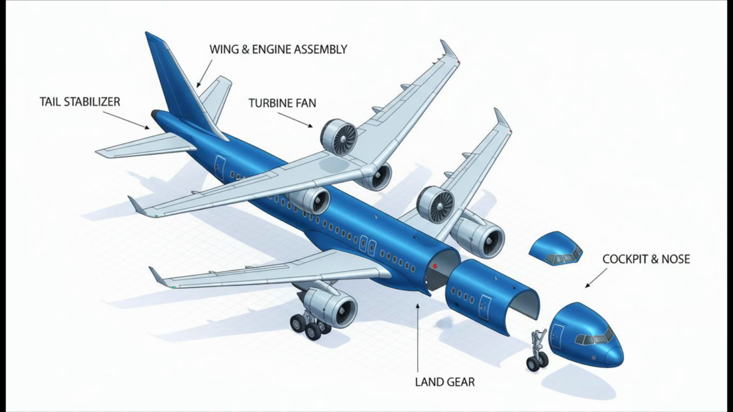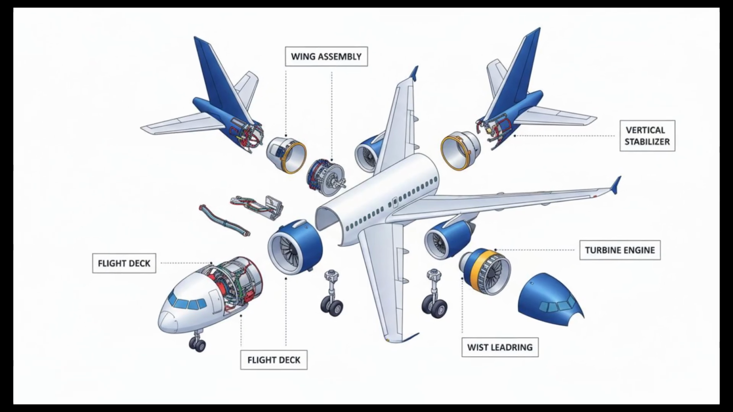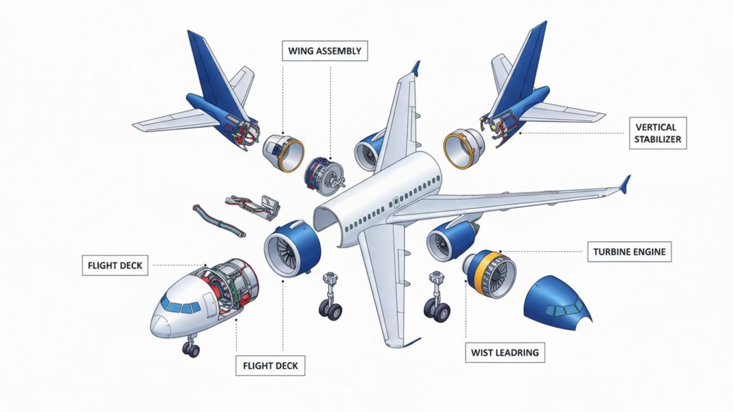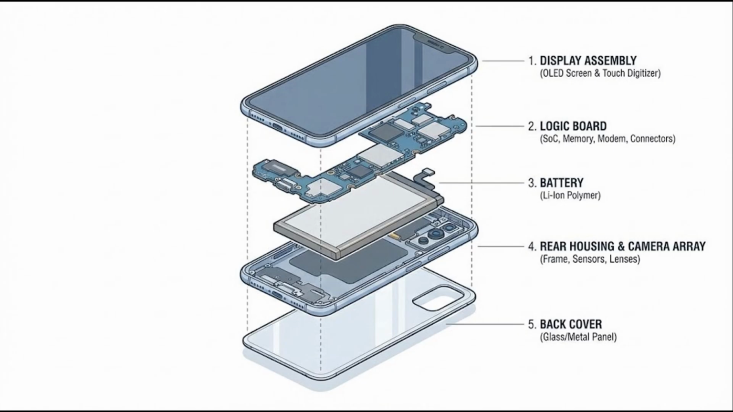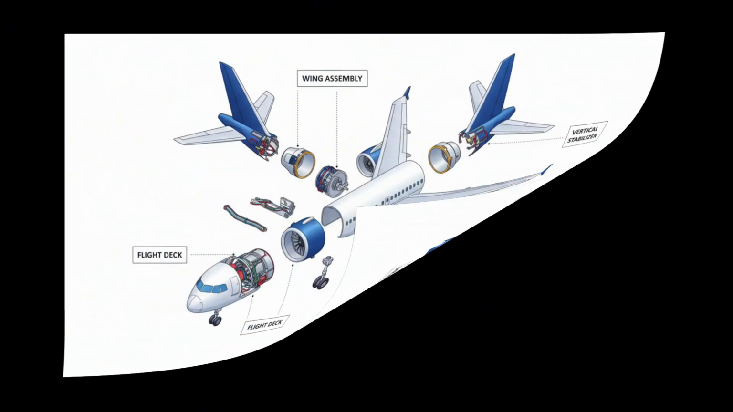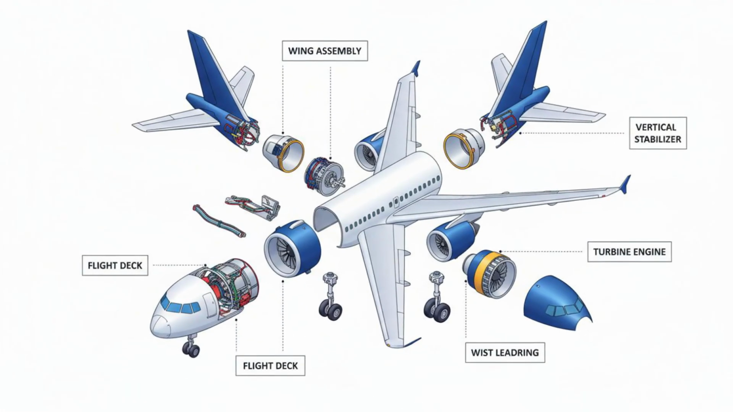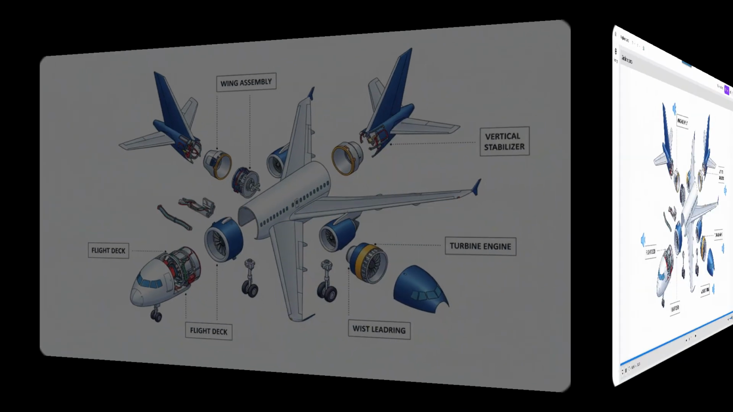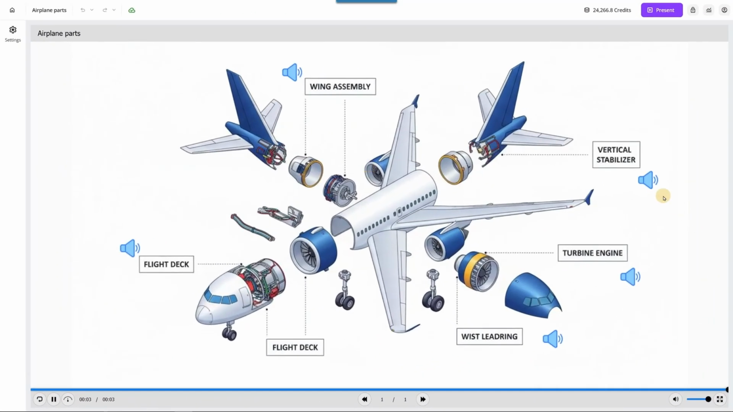Look at this airplane diagram. Every single part is separated, labeled, and perfectly annotated. You can do this with the phone, car, and other objects as well. I created this exploded view airplane illustration using one prompt, and even so, I can turn the image into vertical